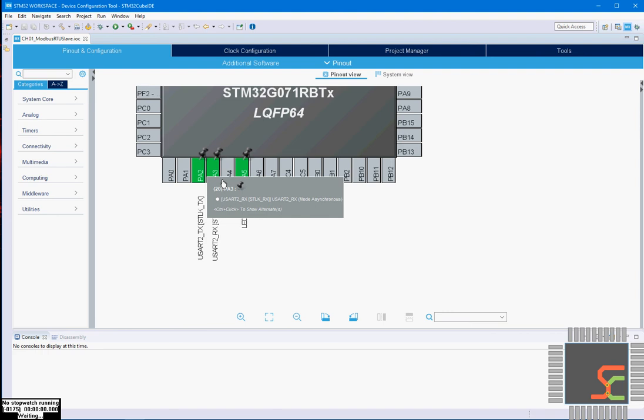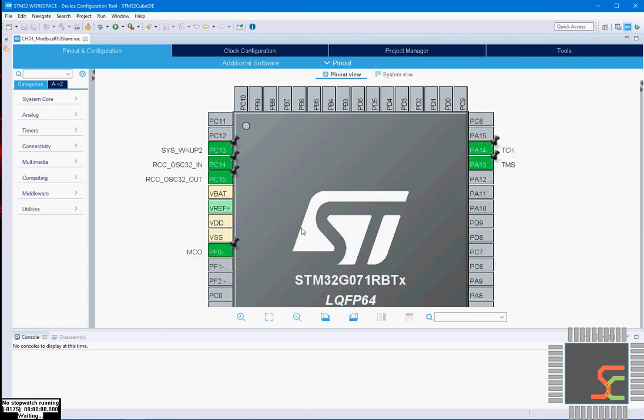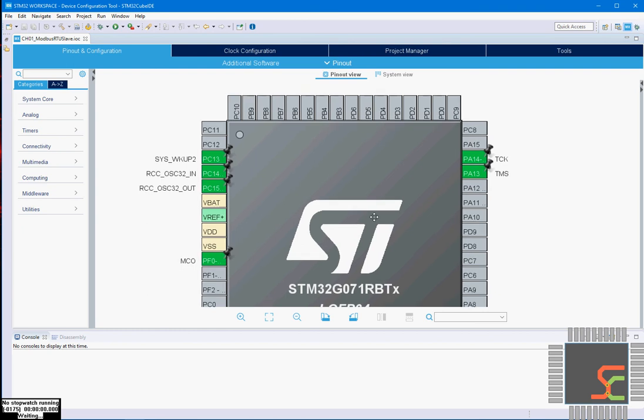PA2, PA3 are pre-configured for the USART, that is the RS232. We are going to use this USART2 for our example, and PC14, PC15 are the oscillators connected, and we will not go through these pins in depth.